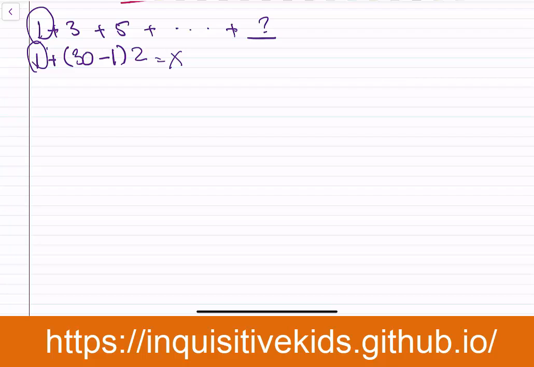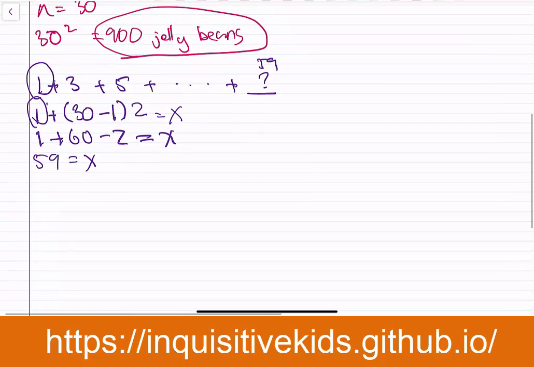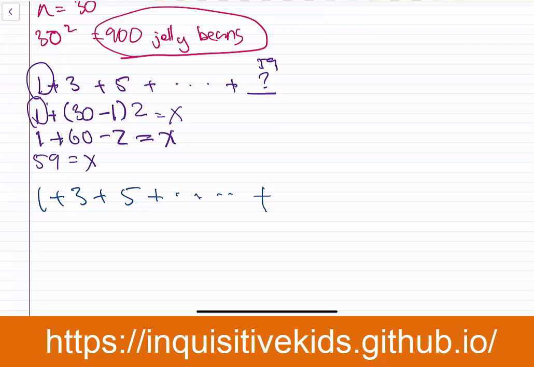So now we're going to solve for x. 1 plus, using the distributive property, we distribute the 2 to get 60 minus 2 equals x, and that gives us 59. So the last number of the sequence is 59. Now we can actually calculate the sum. 1 plus 3 plus 5 plus and so on, plus 55 plus 57